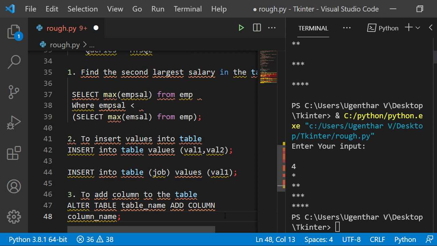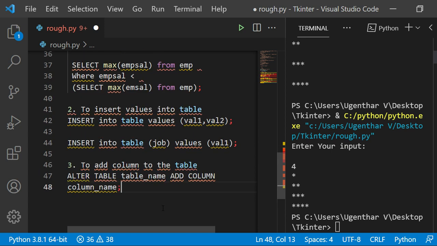This is how I did the third query, and she said it's right.